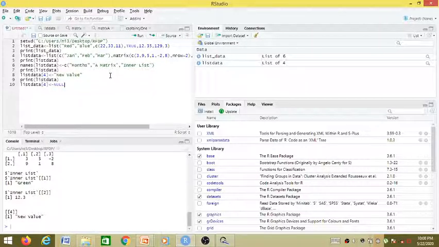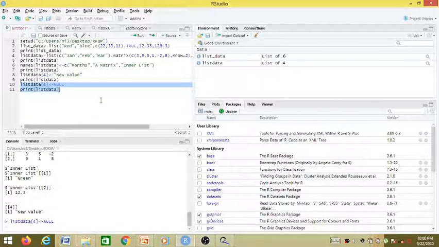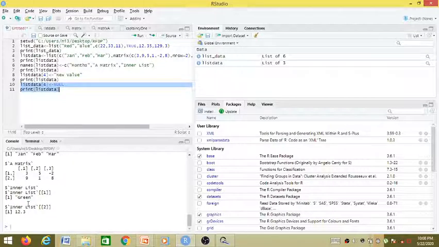And let us check again whether the effect has been taken. List data. So if I run both of these lines again, I must be having three elements.